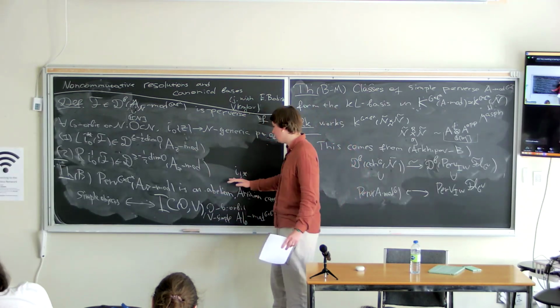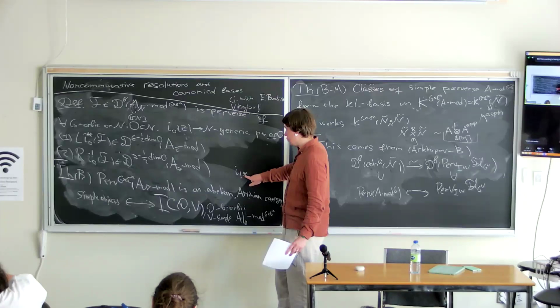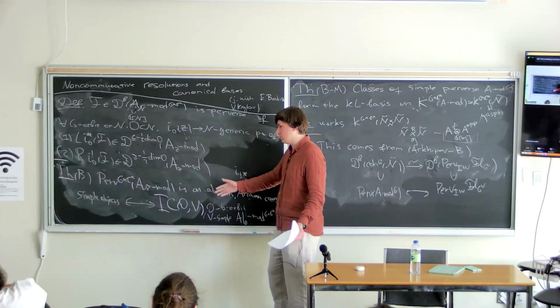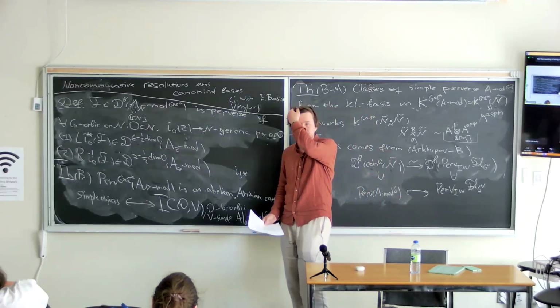In the constructible world, you can take just an image from the canonical morphism from shriek extension to star extension, but here you don't have that. Well, here it's maybe a little bit more complicated, but it's still defined.